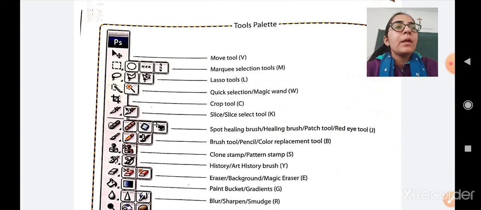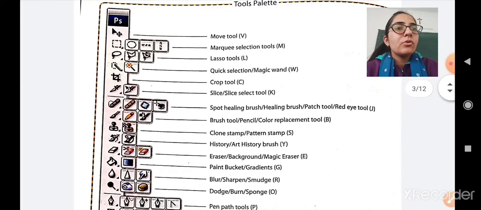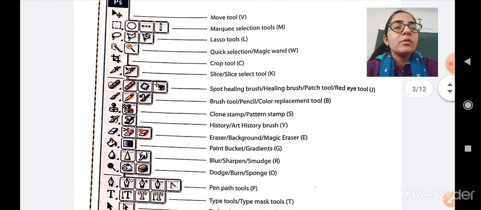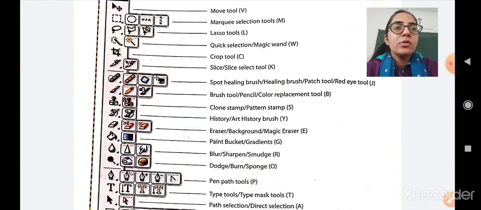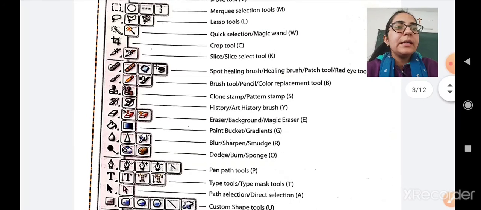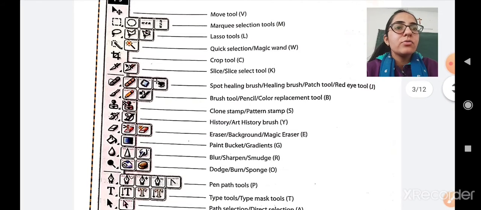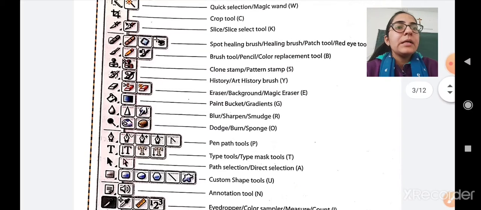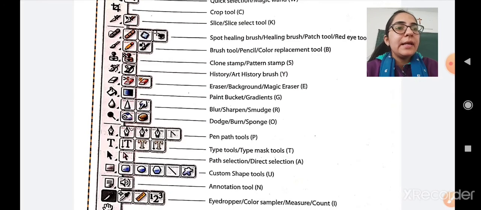Move tool, marquee selection tool, lasso tool, quick selection or magic wand tool, crop tool, slice or slice select tool, spot healing brush, patch tool and red eye tool, brush tool, pencil tool, color replacement tool, clone stamp, pattern stamp, history, art history brush, eraser, background, magic eraser, paint bucket, gradients, blur, sharpen and smudge tool, dodge, burn and sponge